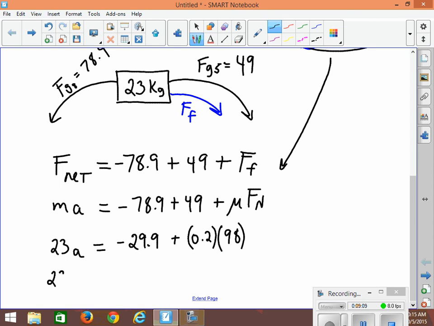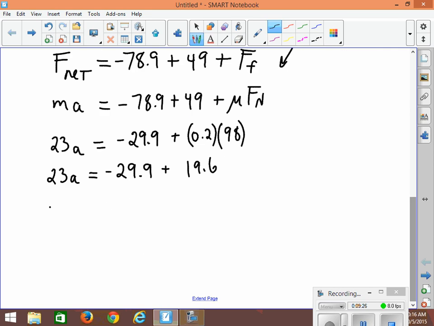And if we keep simplifying this until we get to an answer that we want, 29.9, this would be 19.6. And so the difference there would be 23A, and that's looking like 10.3. So we still have a negative number, right? And if we do division, divide everything by 23, we get about 0.44